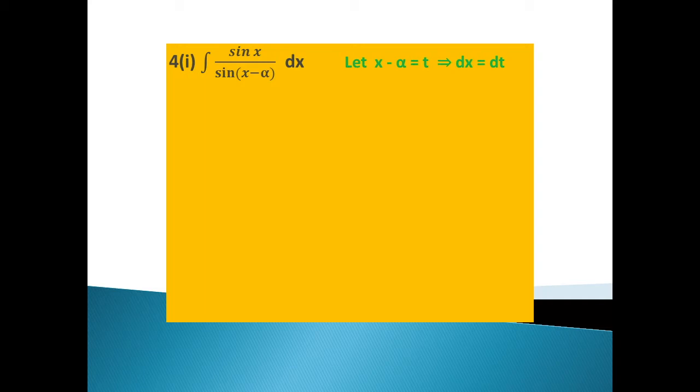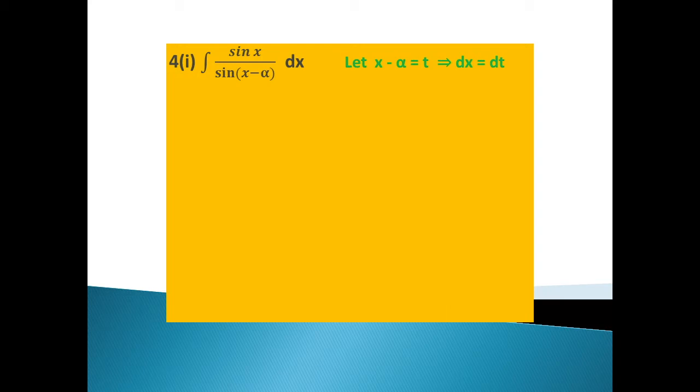Today, the first question which I'm going to talk about would be integration of sine x upon sine of x minus alpha. Now, you have to remember one thing, that the denominator cannot be split up as far as the fractions are concerned. Only the numerator can be done. Over here you see that in the denominator it is sine of x minus alpha, which using the trigonometrical identity would expand. So therefore you cannot split the denominator.